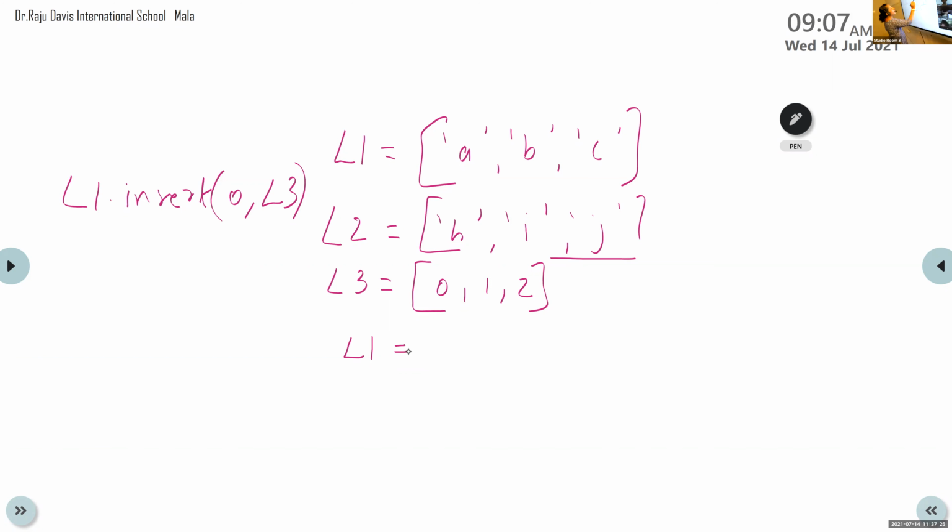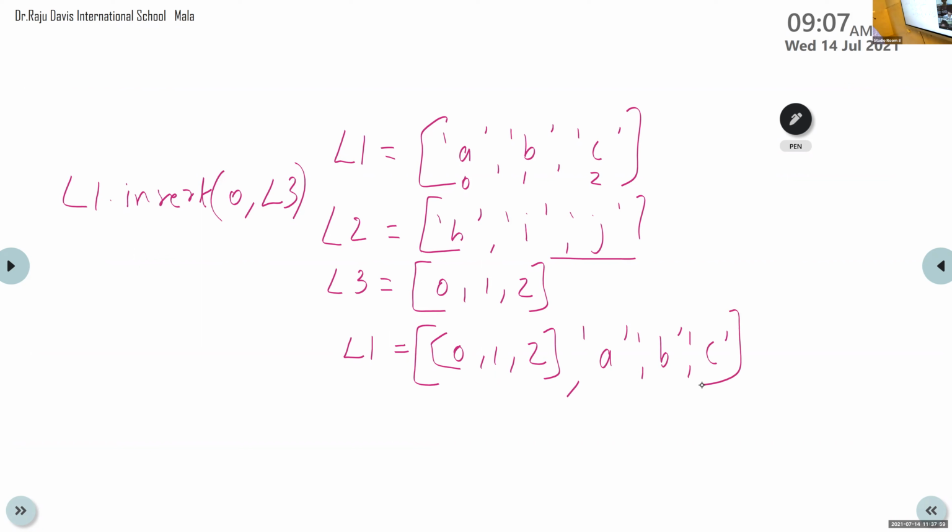Now the 0 index value is A, but I am inserting L3 at position 0. I move these elements to the next position and insert L3 at index 0. Now the values are L3, then A, B, C.